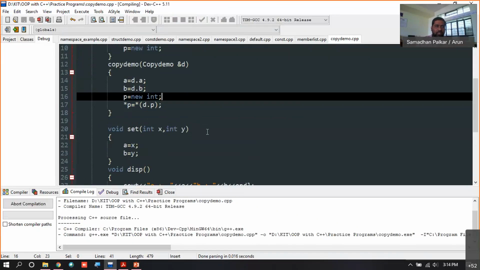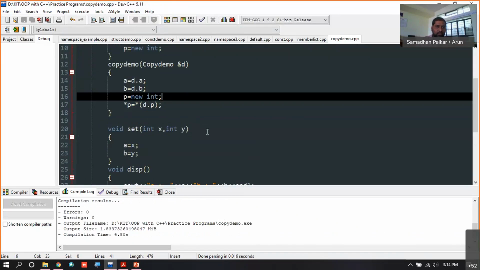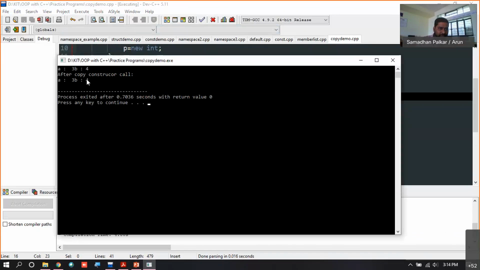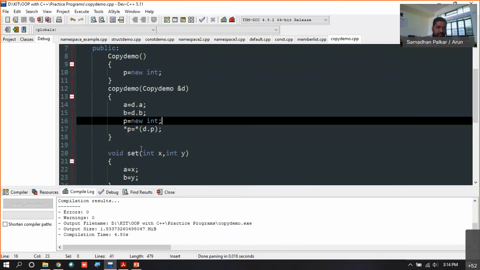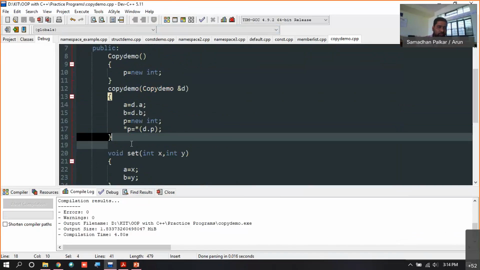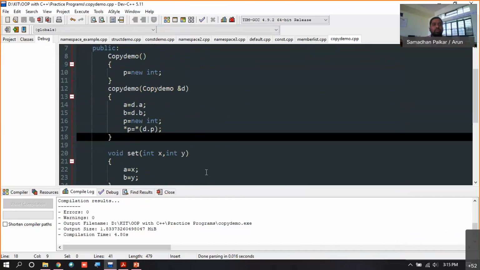I think it's okay, so it's working. So in case of deep copy, we need to write a copy constructor, right? In shallow copy, exact replicas are there. The problem here is, if we have a pointer, the data which is copied only has an address.